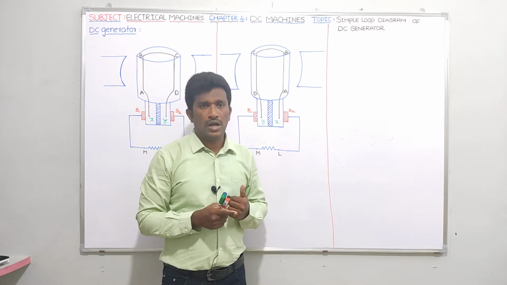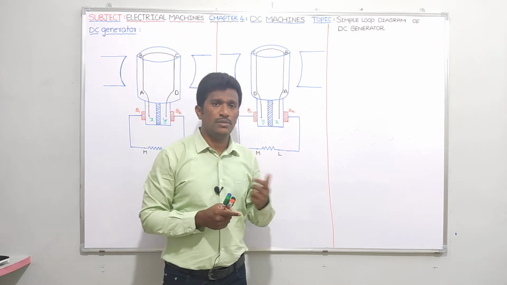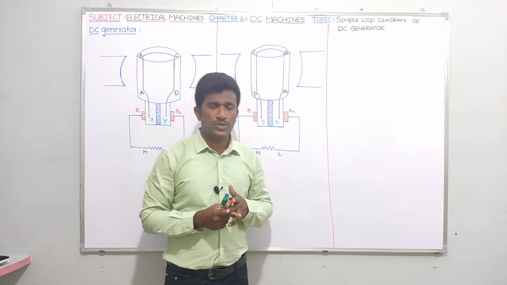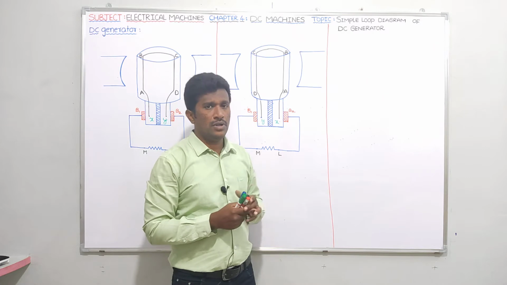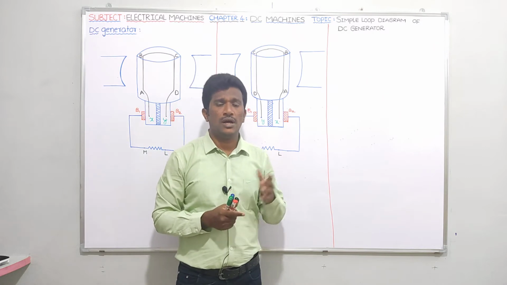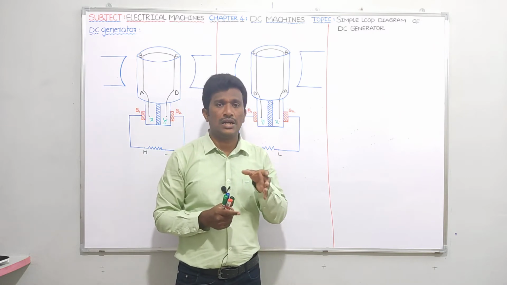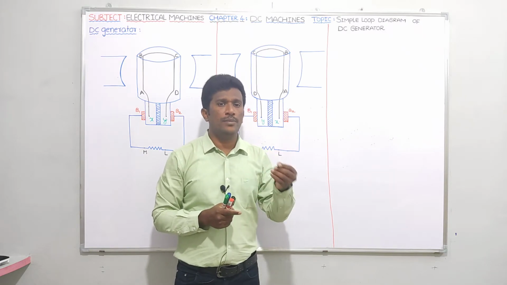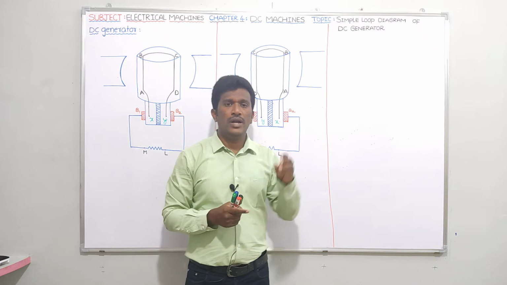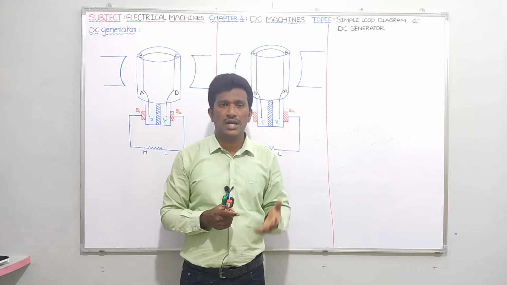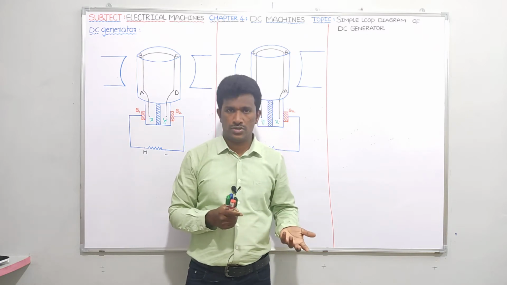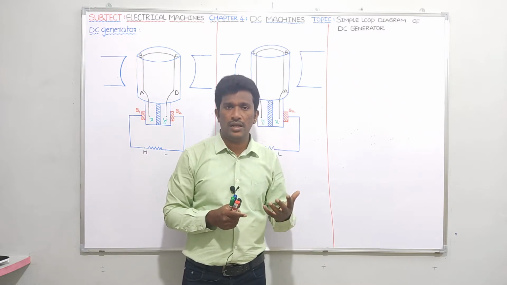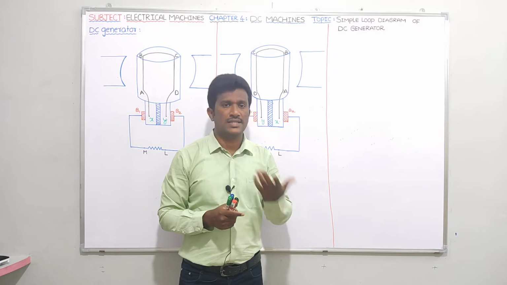So you should know what armature winding means, what field winding means, what excitation means. All those things I had given in the basics videos, so please try to watch those videos. Armature winding means, in a practical generator, a conductor can be called an armature winding. So the armature winding is the one where EMF will be induced. And the field winding is the one through which, if you send current, a magnetic field will be produced. So what about excitation? The process of sending current through the field winding and creating a magnetic field is called excitation.